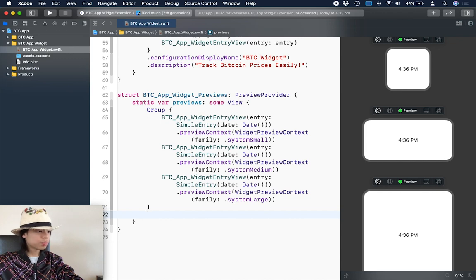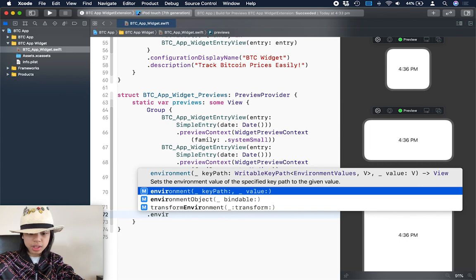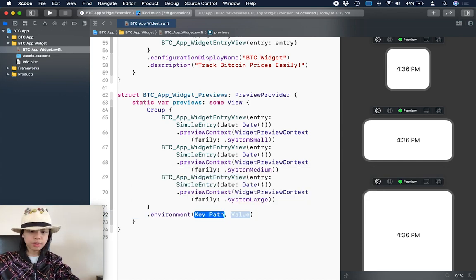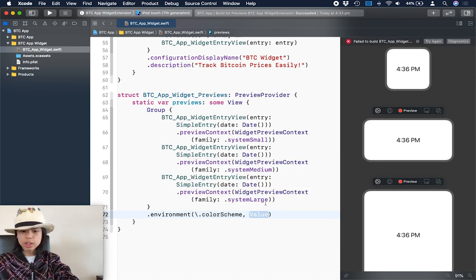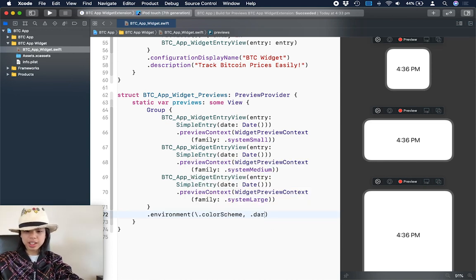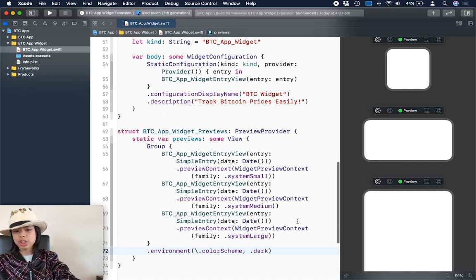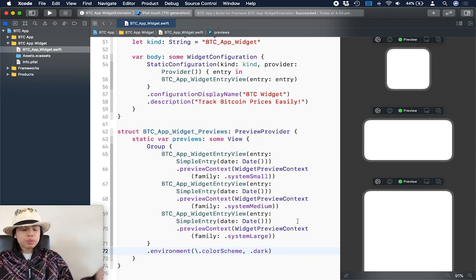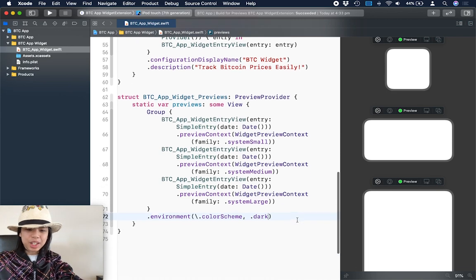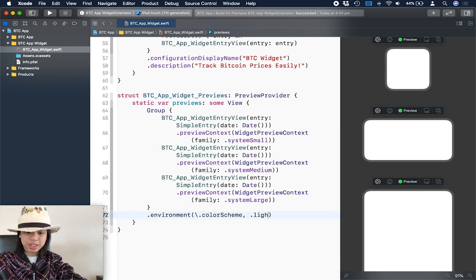Then what I can do is change this environment. I can add an environment modifier, which has a color scheme. So it's .colorScheme to change the color scheme. I can set this to light or dark mode. That's pretty much it. But you don't really see anything right now, so I'm just going to set it back